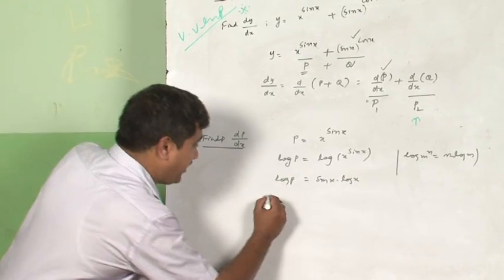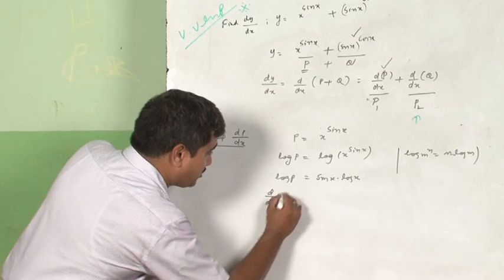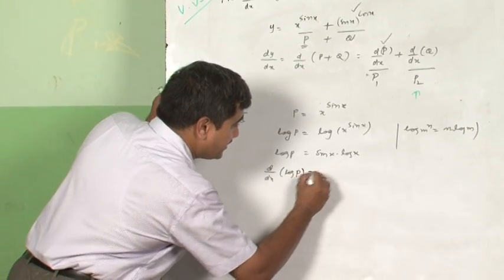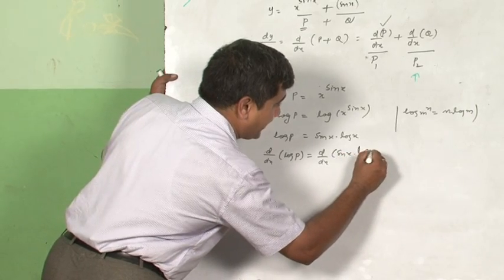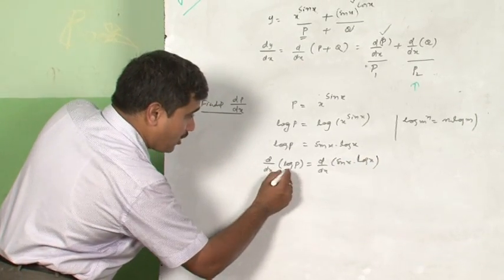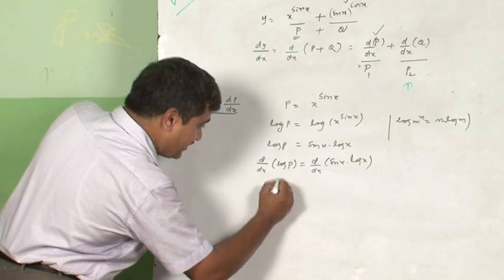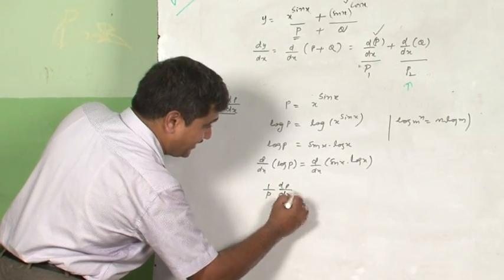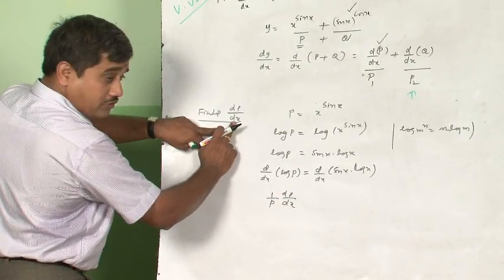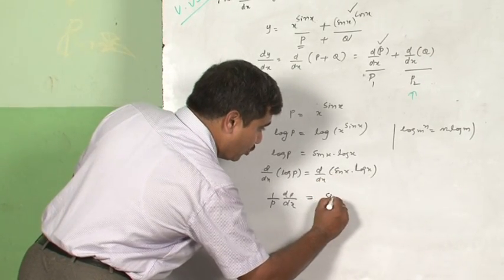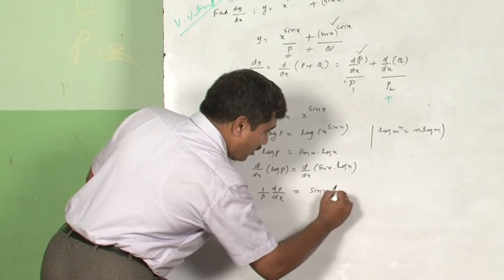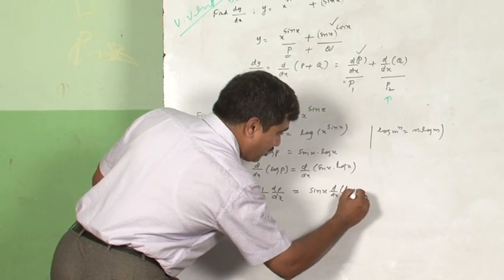Now, I will differentiate, that means d by dx of log p is equal to d by dx of sin x into log x. So, differentiating log p gives 1 by p, differentiating p gives dp by dx. So, interestingly, you got the one which you require, is equal to, here by the uv rule, u differentiating log x is going to be log x divided